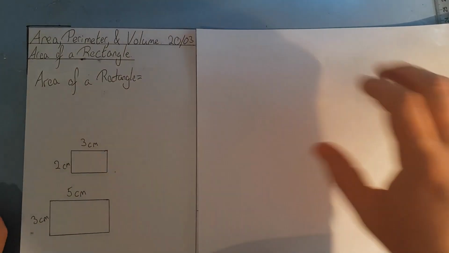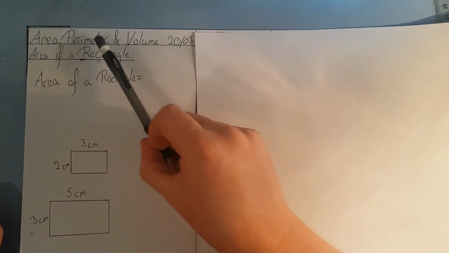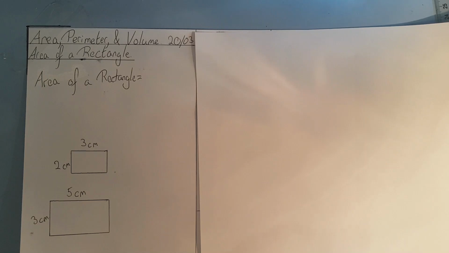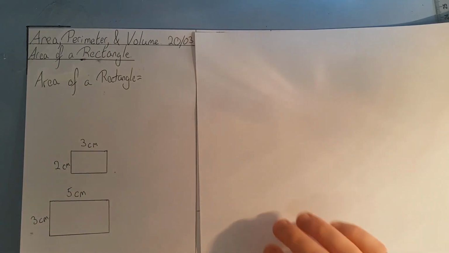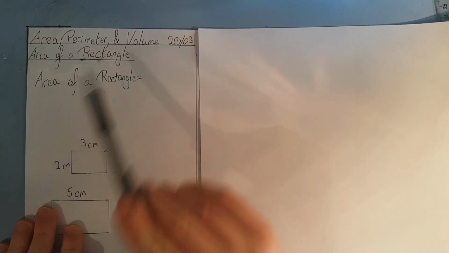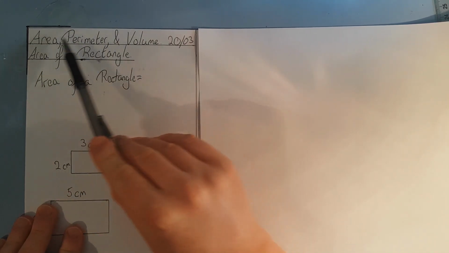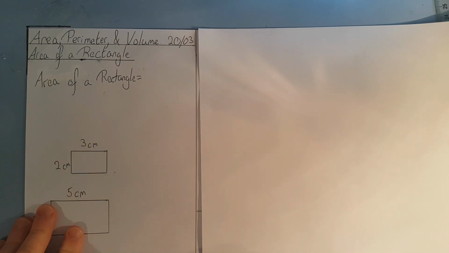So today we're going to be looking at area, perimeter and volume again. This is our third lesson, so it's the 20th of March. And today we're going to be looking at area of a rectangle. So far we've been looking at perimeter. Next we're going to go and look at area,